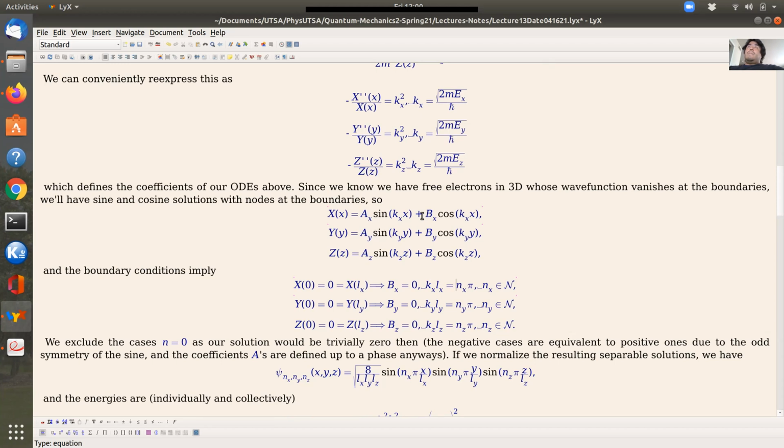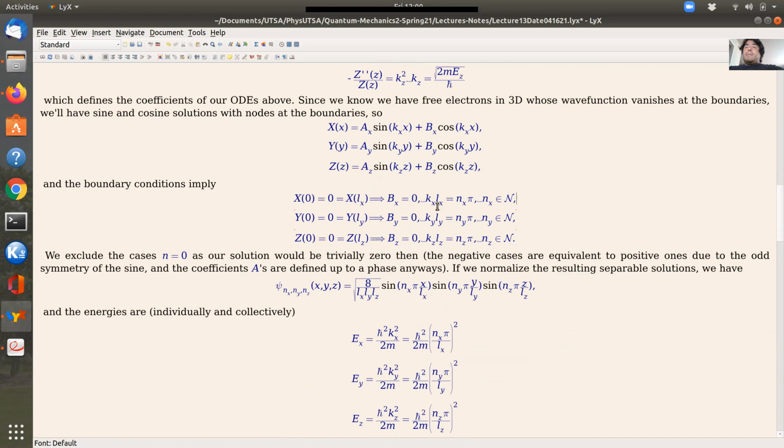So basically you would carry a minus outside, and that's equivalent, and these coefficients are defined up to a phase. So we only focus on the positive n's. And the solution is equivalent for y and z. So this is determining, in terms of the boundary conditions, the acceptable values for kx, as in any boundary value problem. So at this point, we have found the separable solution, basically determined by some numbers,